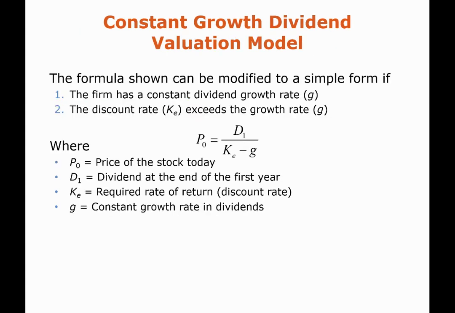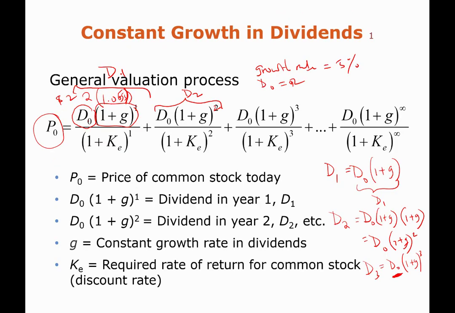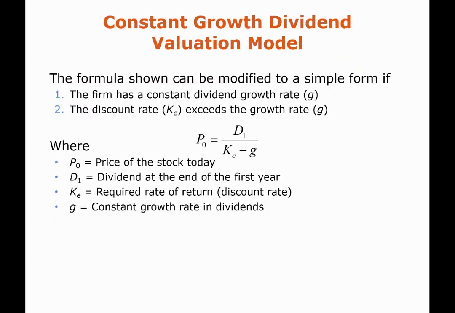How do we go about determining the value of the stock? So the current price of the stock, a simplified version of this formula, to determine the value of the common stock. What we'll do is the current price is going to be your dividends paid in year 1 divided by the